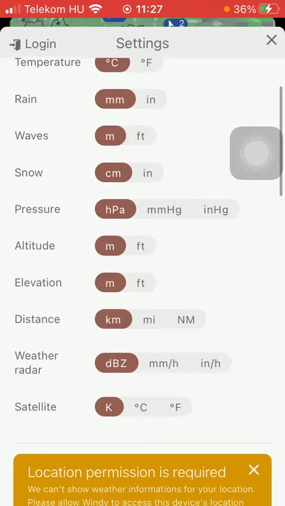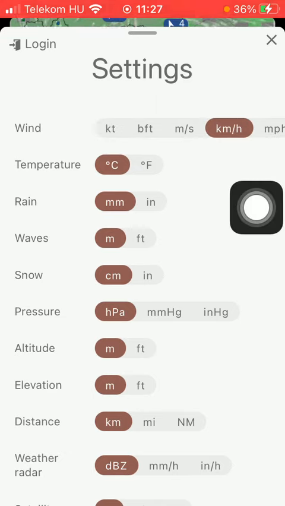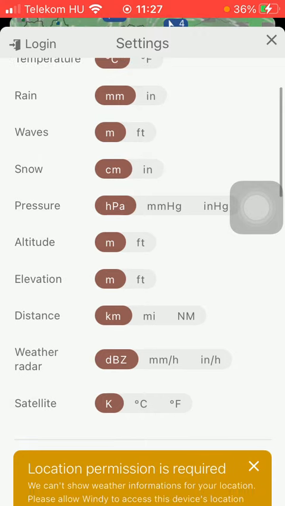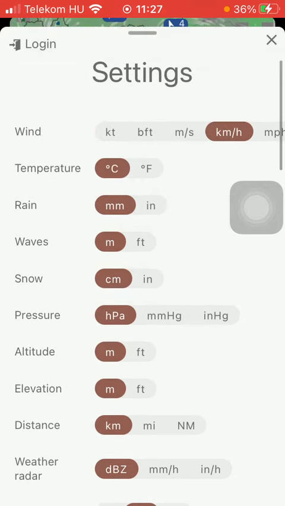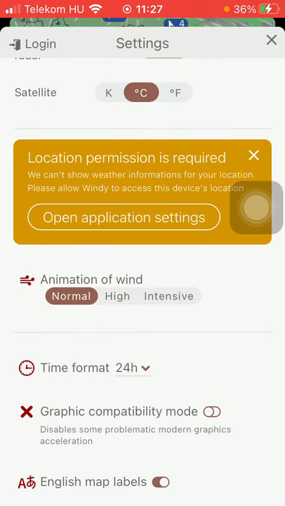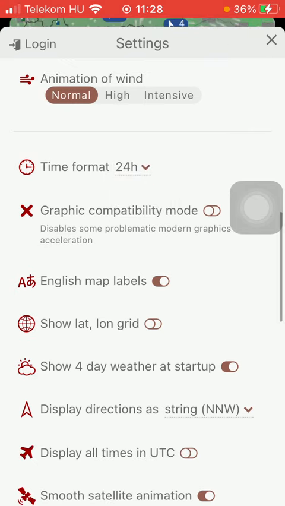And as you can see, there is a bunch of features that you can select, such as wind. Here you should select the unit of measurement, temperature, rain, waves, snow, pressure, altitude, elevation, distance, weather, radar, satellite. So tap on the relevant one that you use, and after that, if you scroll down, you can also select the animation of wind, such as normal, high, or intensive, the time format such as 24 or 12 hours. So tap on the relevant one that you prefer, and